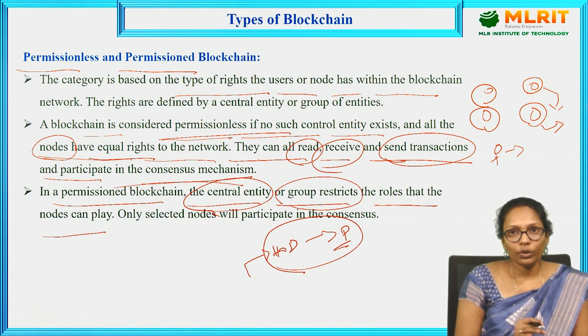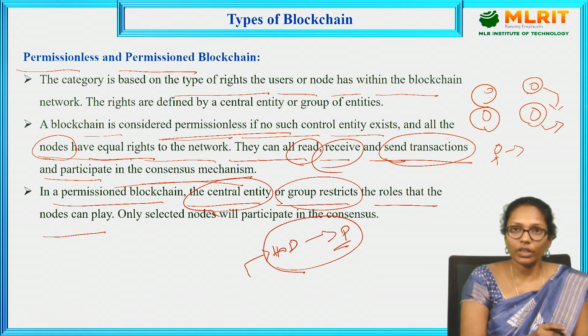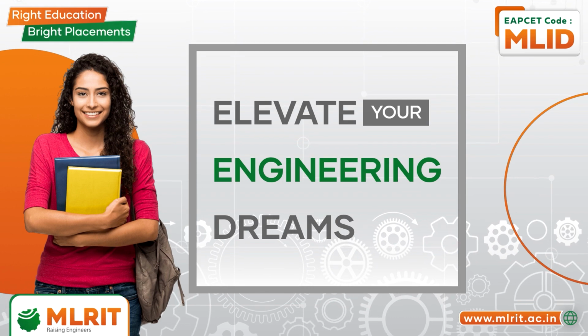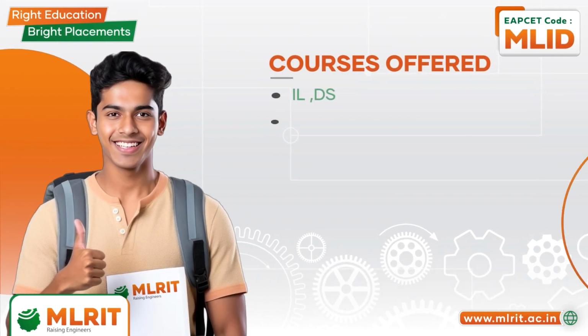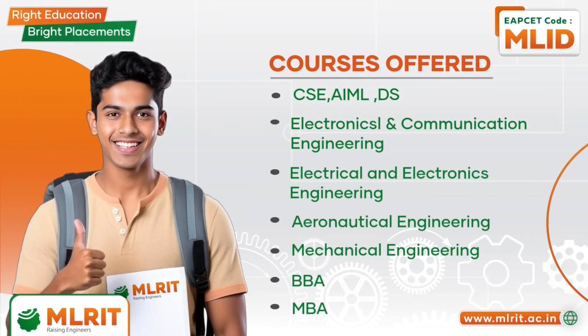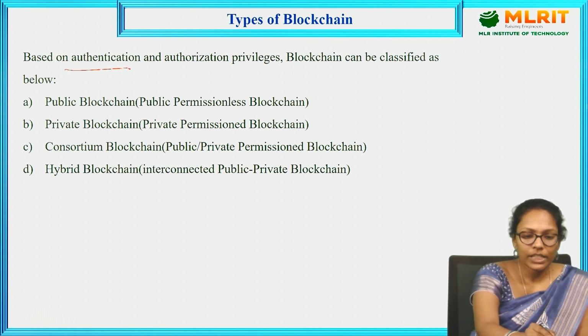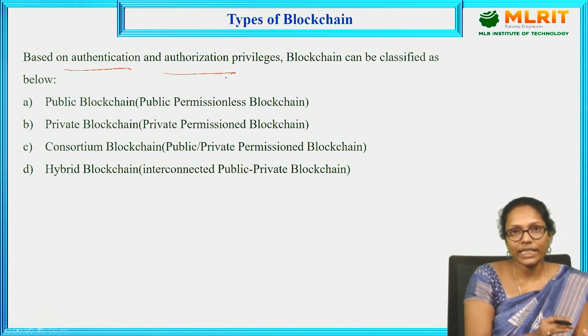So these are the four different categories: public and private, permissioned and permissionless. They are almost similar, but in permissioned and permissionless blockchains we are mainly focusing on the rights, whereas in public and private blockchains we are focusing on the authenticity of the user. Based on authentication and authorization, if I merge all these things,